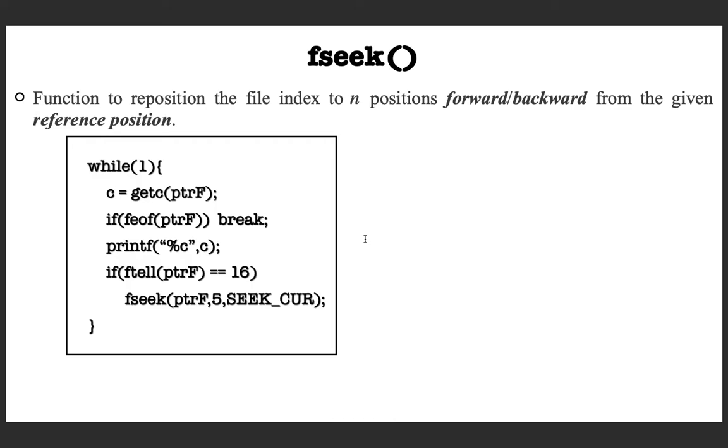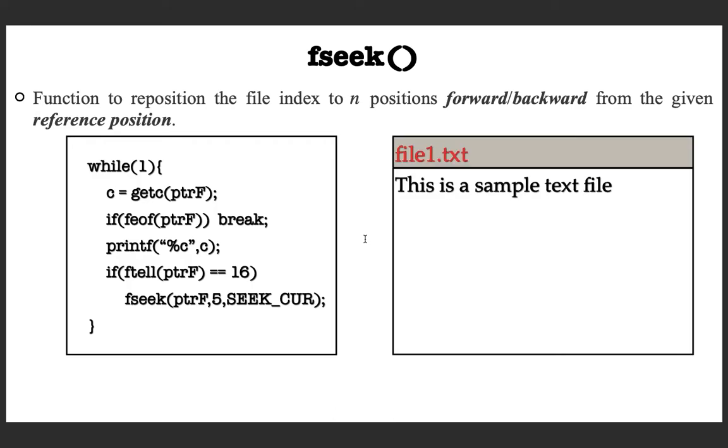So here is an example function acting on this file, and what is this function doing? Within an infinite loop it gets the next character and prints it until it becomes the end of file. If the end of file character is reached, then you are breaking, you are going out of the loop, otherwise you are printing, and you are continuing until you reach position number 16. And what is 16? Here is position number 16, you can verify it offline, and it tells if the position has reached 16, what is it saying?